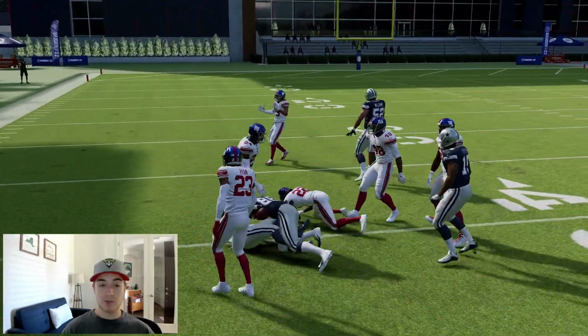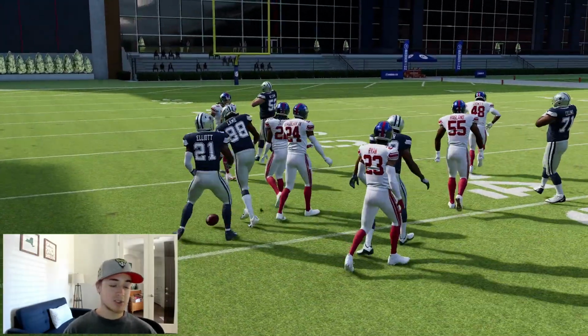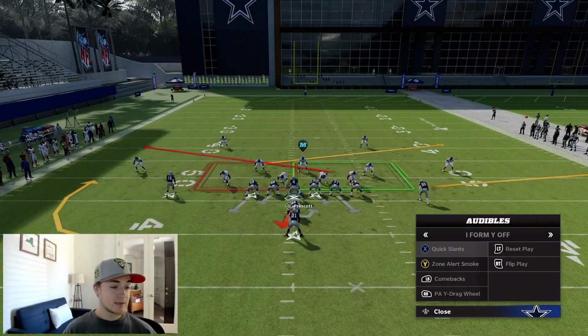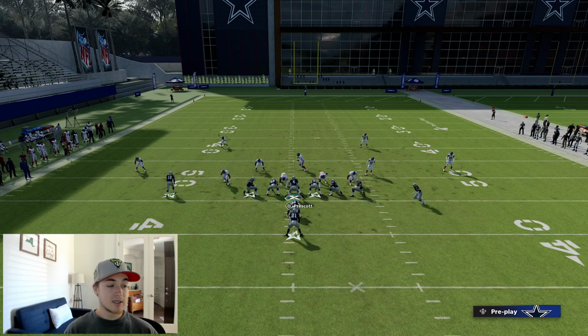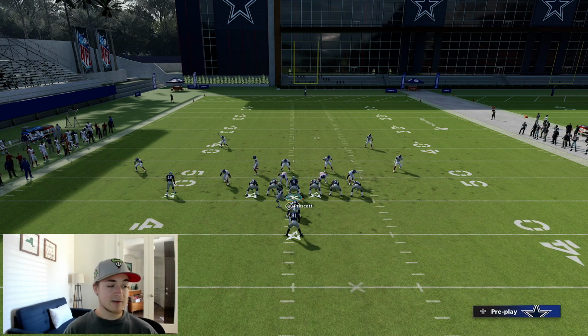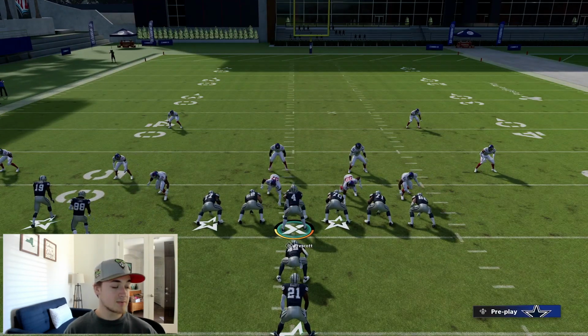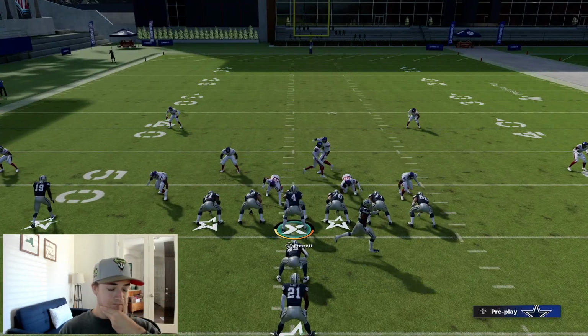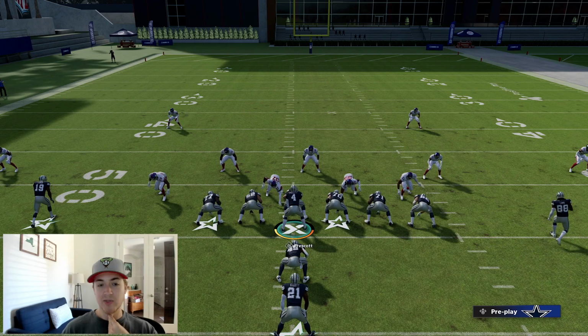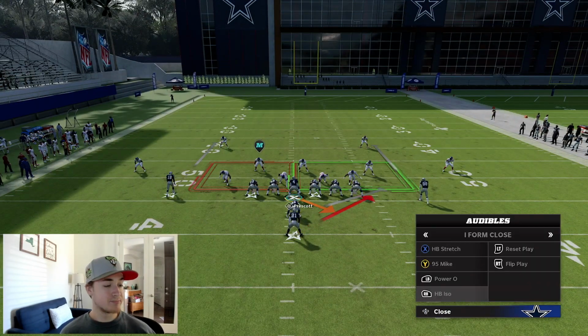creates is an I-form close slot look, which that formation is actually in this playbook. So you notice when you motion CeeDee over, we create that look, and if you do this, you can kind of create some motion as well, and it turns into the same thing. So pretty cool there, in my opinion, just on some of the things that you can actually create with those